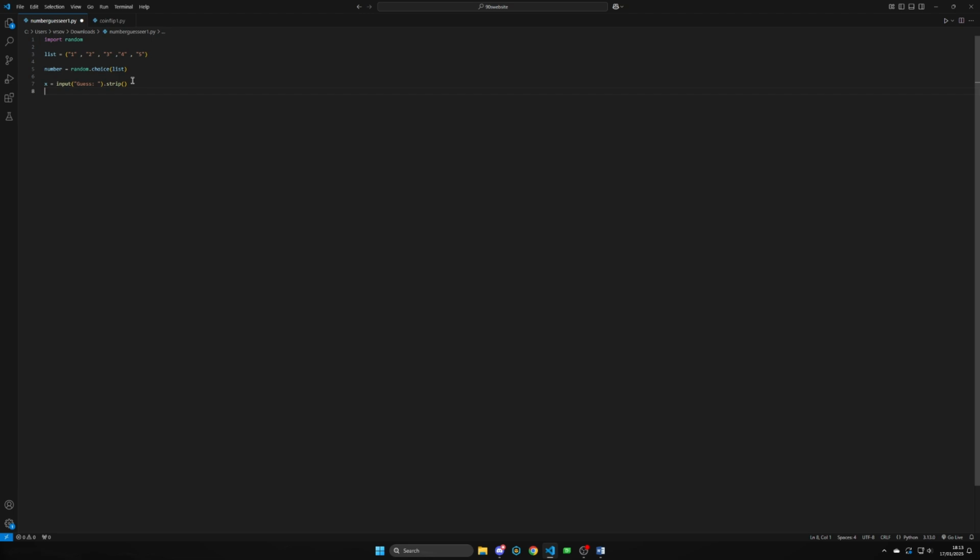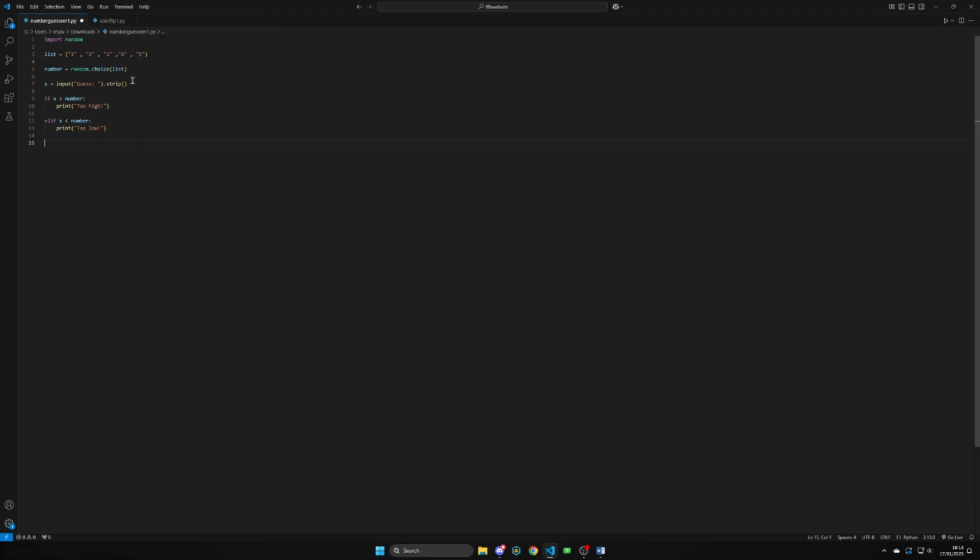Now we can get into the logic part, which is if x is bigger than the number, print too high, else if x is smaller than the number, print too low,